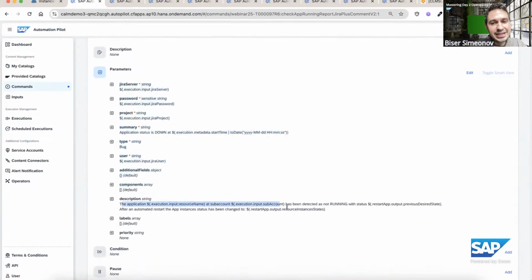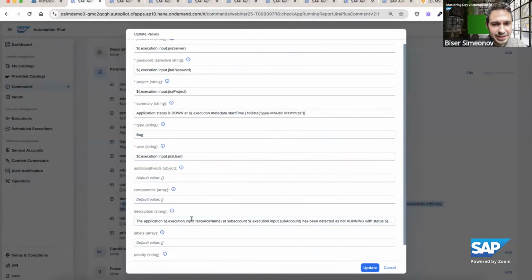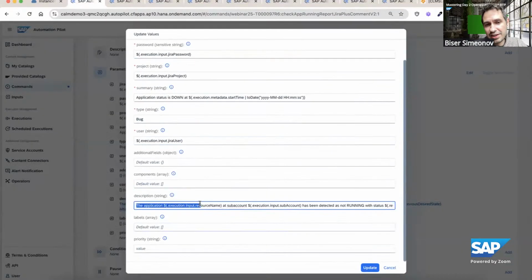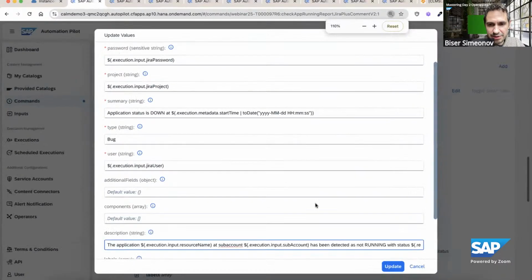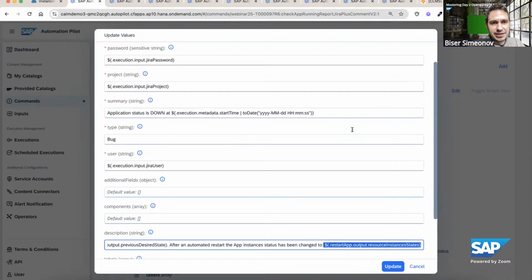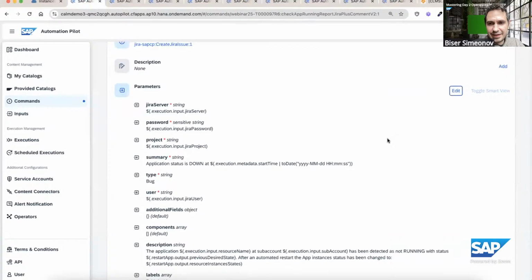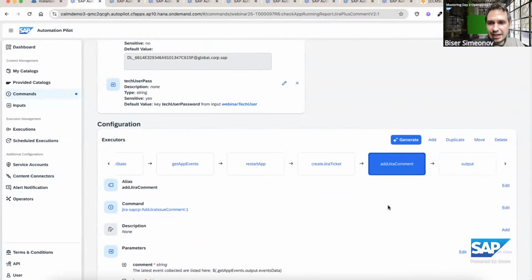I can go and dynamically create the needed description. For the needed description, what I was doing is getting dynamically the key from the resource name within my input section. Same for the sub account. Let me zoom in perhaps. Same for the sub account. And then I'm displaying what is the state of the application before restarting. So as a next step, I had created